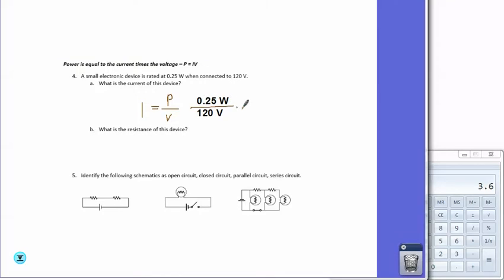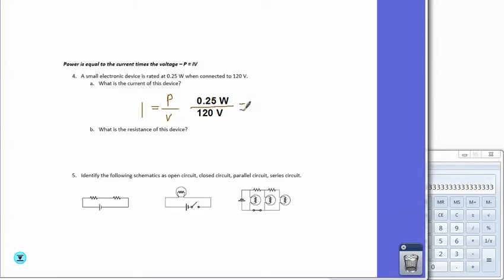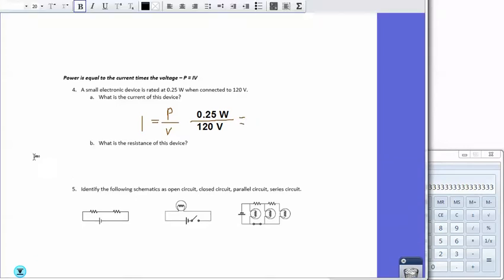So our answer is going to be divided, and we're going to get 20. This will be 0.00208, but again, since we want a number that's between 1 and 1,000, we're going to move this to the right and get 2.08. And since we moved it to the right, we would go down the ladder, so we would say 2.08